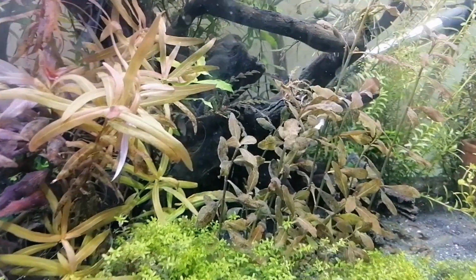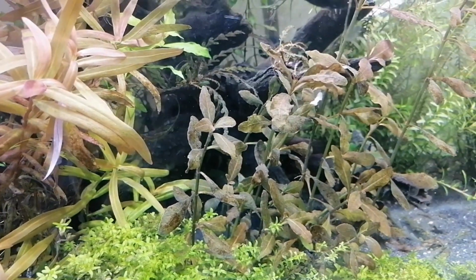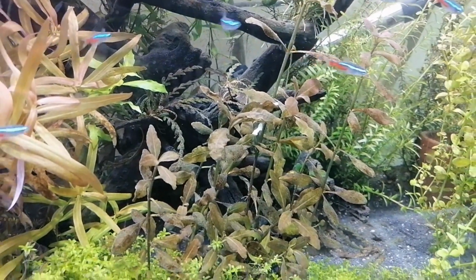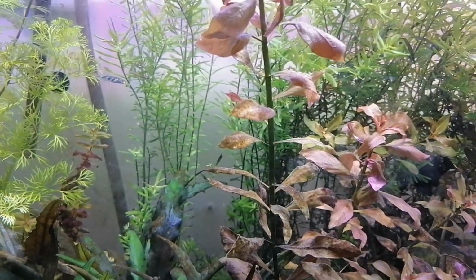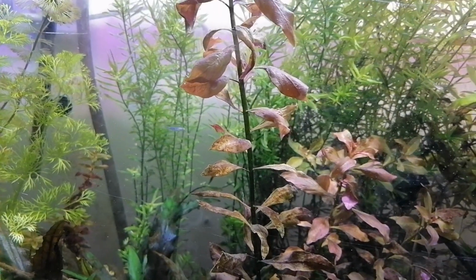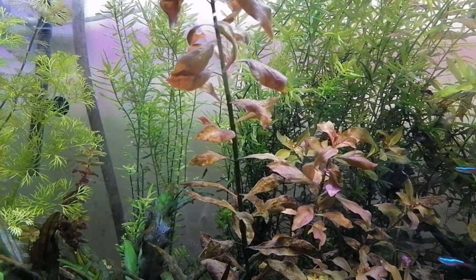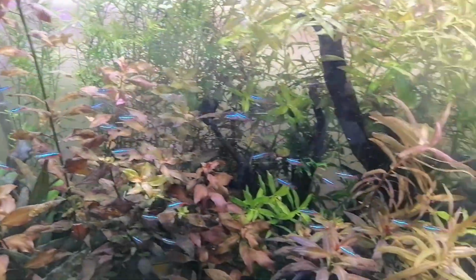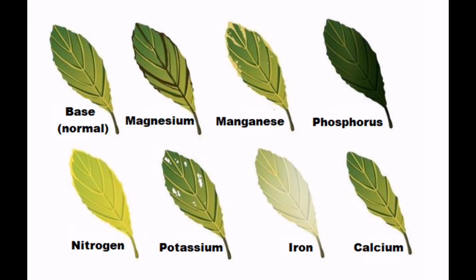Now you can see the plant. This is Hydrilla brown, and you can see that some leaves are twisting around. The twisting of the leaves is due to the deficiency of calcium. I show you some other leaves twisting around. Here you can see the new leaves of the Ludwigia rubens red are also twisting around. It is due to the deficiency of calcium. It means that we are providing less calcium. So you need to provide calcium if you see that the leaves are twisting around.